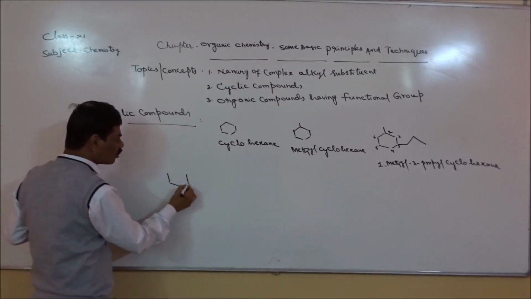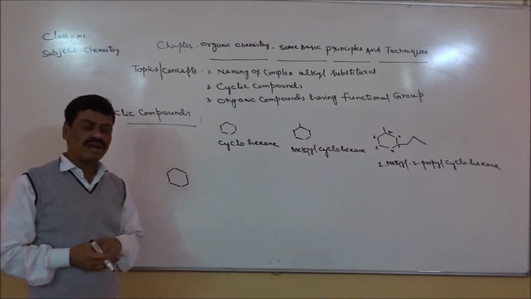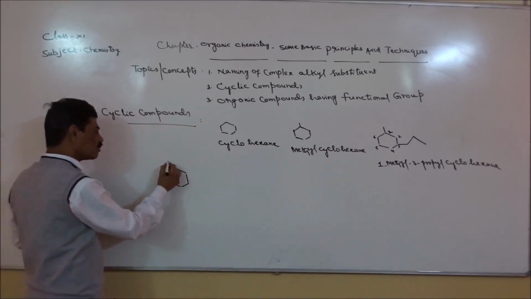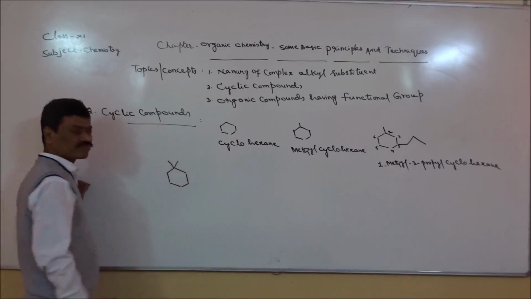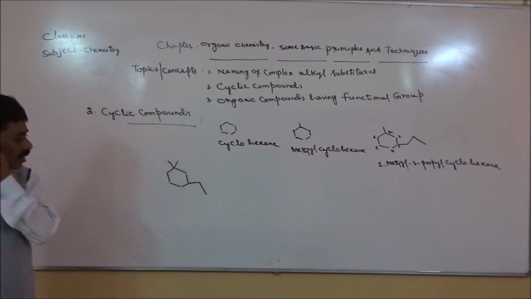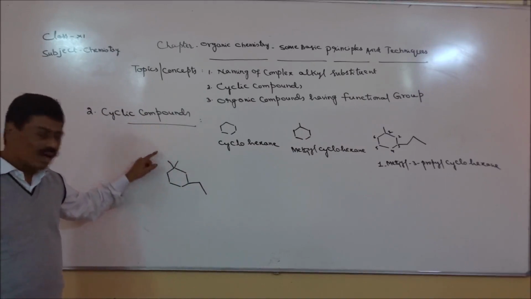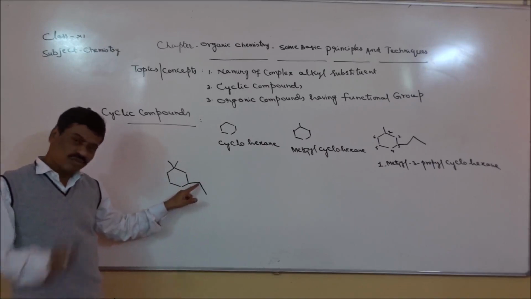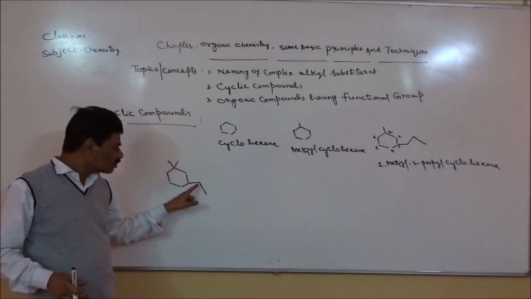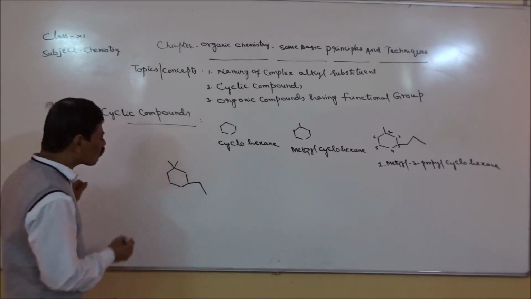In this example, we are going to see the position, meaning a particular carbon atom where two substituents are connected at a time. It will be like this. And here, now how should this compound be named? See, two terminals have two methyl groups, and here one junction, one point where two bonds are joining. That is one CH2 group, and this is terminal CH3. CH2, CH3 means ethyl. And here we have two methyl groups. Now let us see how this compound should be named.